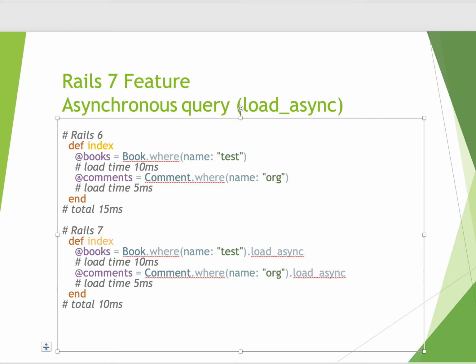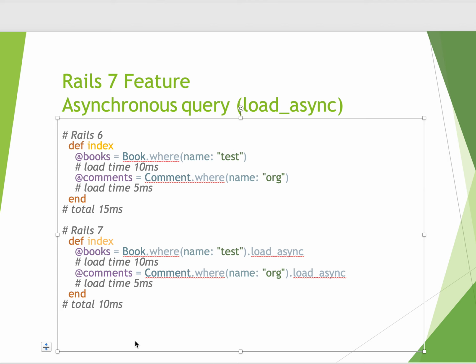In this video we will see one of the features from Rails 7, that is asynchronous query. Using this asynchronous query we can run multiple queries at a time. This is going to affect execution time majorly. So to make you understand clearly, I have mentioned the same piece of code and how it works in Rails 6